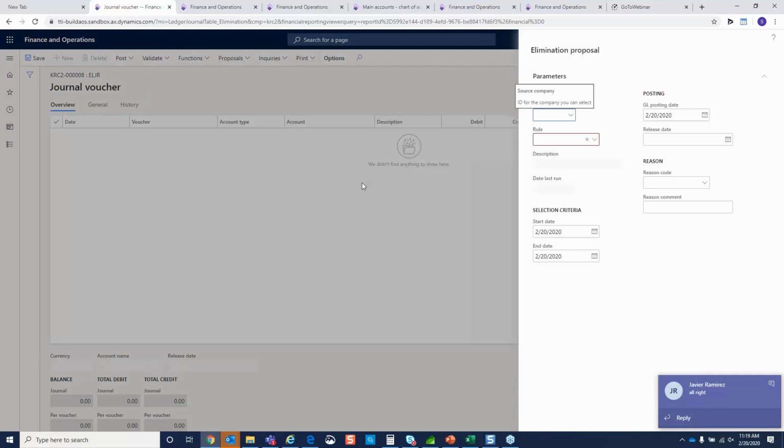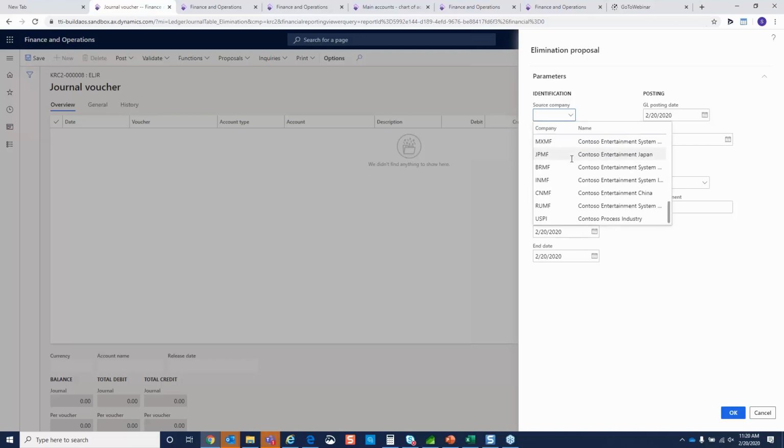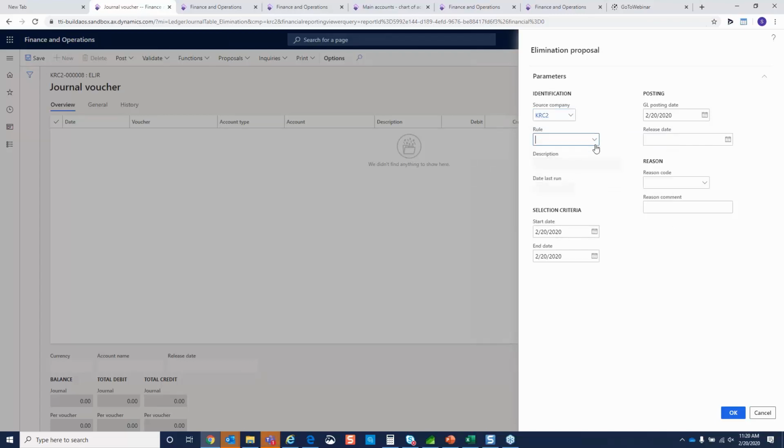And remember, when you're running consolidation, if you have chosen to run the proposal or posting, at the time of consolidation it will show up here as a proposal or as posted, if you have decided to run it with the consolidation. But we didn't do it. We're running it separately. The next thing we'll do is choose our source company, which is our consolidation company, KRC2, and